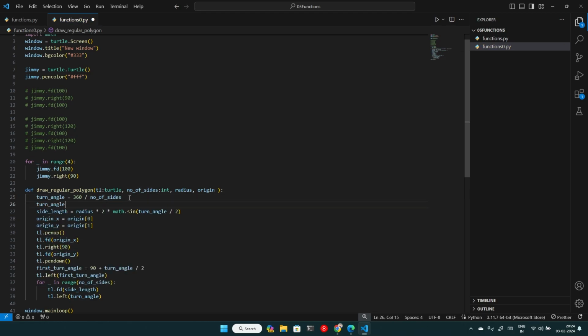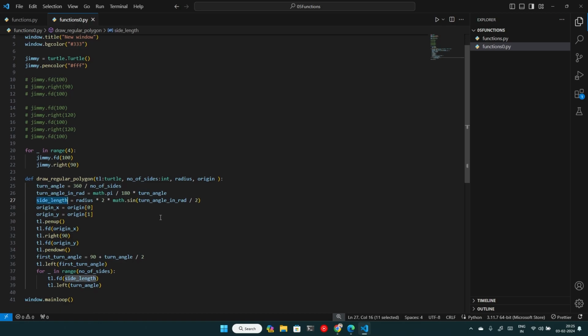Turn angle in radians, or in rad, is nothing but math.pi divided by 180, and it has to be multiplied with turn angle. Cool, nothing very fancy. So this radian can be provided here, and my side length is achieved.